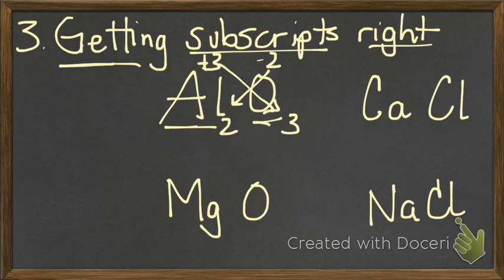Now, one exception to this is if you have an element that has a charge of 4. So, for example, you have C, which could be +4 or -4, and then you have H, which is -1, okay? Say you have 2 hydrogens and you have a -2, you can't just put,